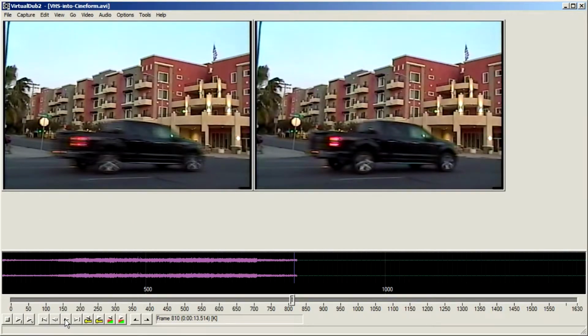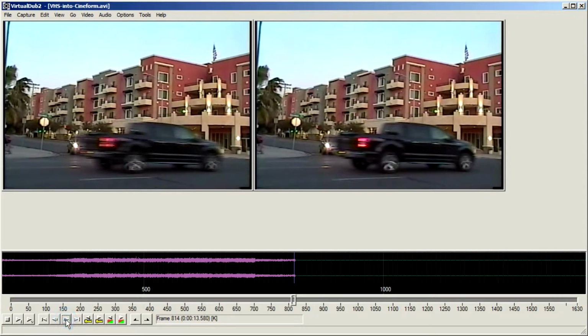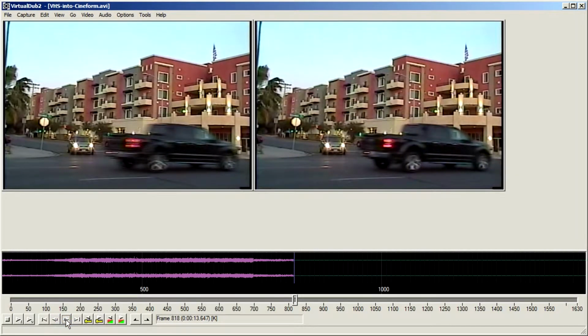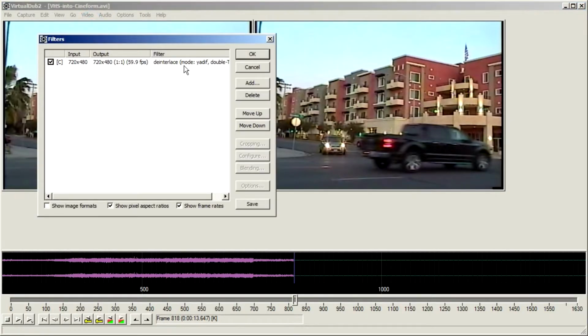doesn't work. Now when I advance frame by frame, I see movement in the right window for each key press, but in the left window there is movement for every other key press. This confirms my assumption that the original video is interlaced, and it proves that I have successfully converted each field into a separate frame. This is good. What is not good is that the truck moves sort of 2 steps forward and 1 step back. This means that the field order that I chose doesn't match the actual field order of the source video. This can be easily fixed by changing the field order to the opposite. In my case, I have to change from top field first to bottom field first.